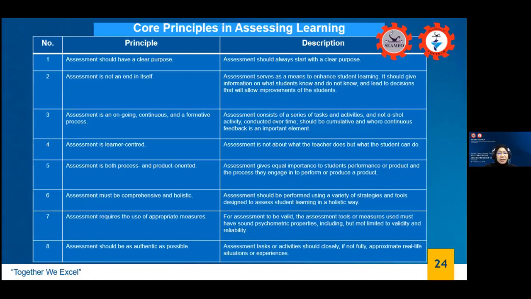Okay, fine. Let's go to the automotive workshop. Let's see the student repairing a broken gear. Do not just say, imagine that the car is broken. How do you repair it? You cannot repair it if it is imagining, right? It has to be in the actual, on-the-job context, with the student performing that job and you assessing them. So assessment tasks or activities should closely, if not fully, approximate real life.